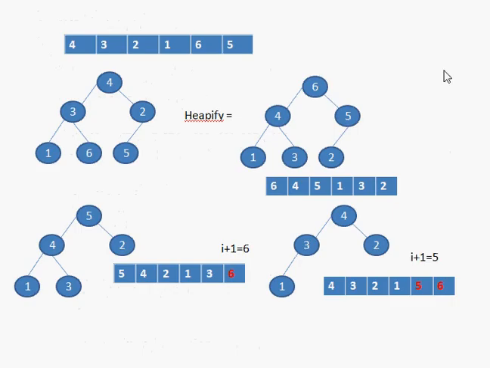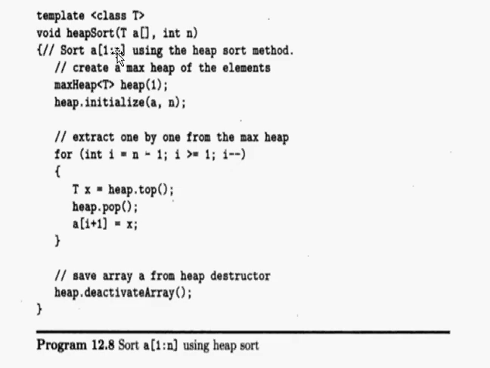This is what you will get after you pass this list to the initialize method. You will get a list of this form. The maximum element will be placed at position number 1, so we read this position as i equal to 1. This is i equal to 2, and finally this is i equal to 0. Let's not take i from 0 to n minus 1; rather, we will read it as a[1] to a[n]. Positions are from 1 to n, or 1 to 6, let's assume.